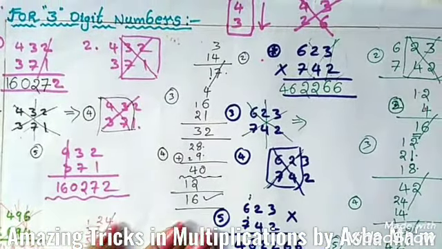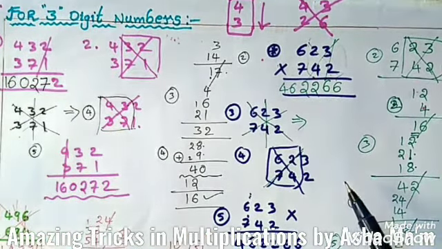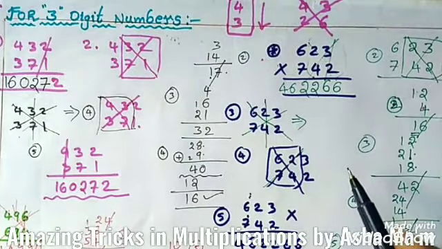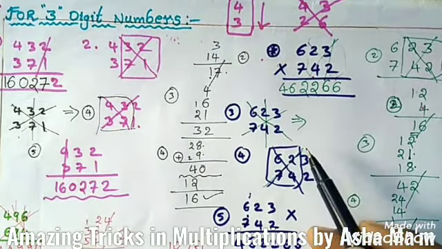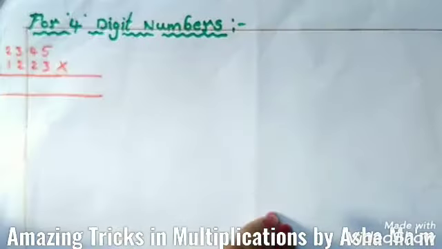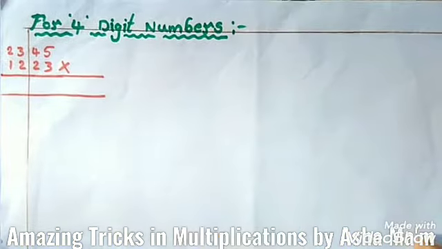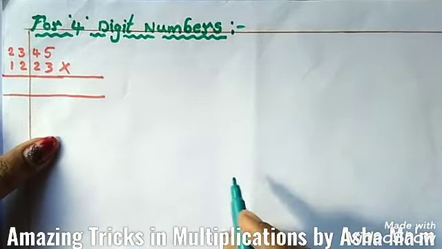Third trick. Trick number 3. If you have 3-digit numbers, how can we find out the answer of multiplications? Right, let us see now the 4-digit number. If you have a 4-digit number, how can we find out the value? In this 4-digit multiplication, you have to follow exactly 7 rules. 7 rules, okay students,